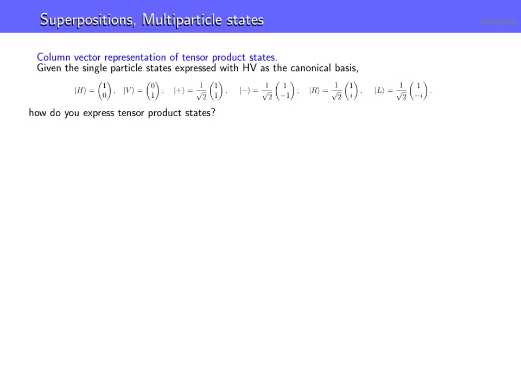Okay. Lastly, let's look at the column vector representation. Remember, we talked about if we choose what we call the canonical basis HV, where H is 1, 0 and V is 0, 1, then we can express our bra and ket vectors out, and so on. And we have these three bases here, the plus minus and the RL bases, the circular polarized ones. The question is, how do you express the tensor product states if you have those? Well, let's just go through this generally, and then we show explicitly for the HV, and we'll do homework on the other ones. But first of all, if you're given two